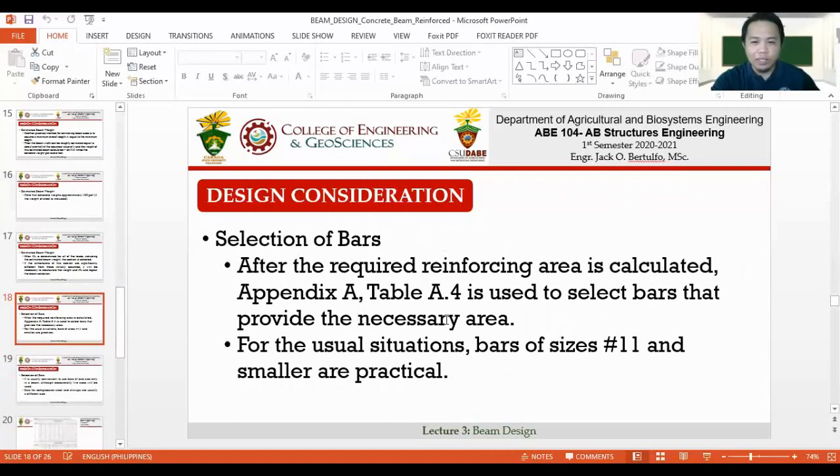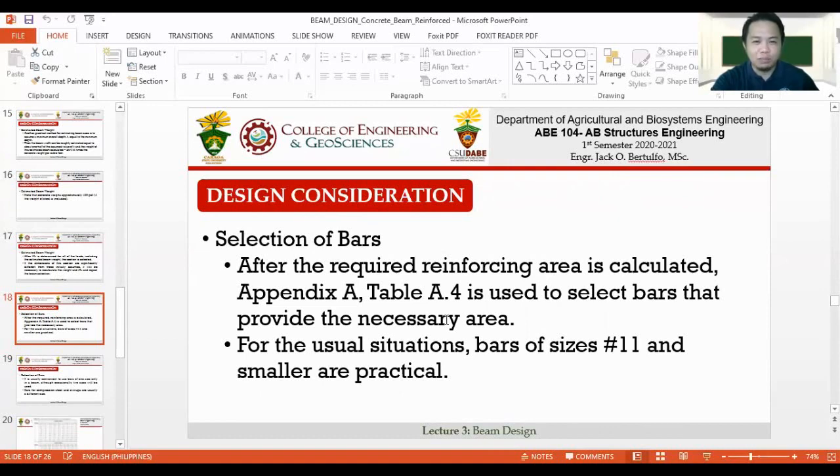So after required reinforcing is, okay, the next one is the selection of bars. After the weight, the deflection, and the beam proportion, the next one is the selection of bars. So it's really important to select the proper bars. After the required reinforcing area is calculated, Appendix A,